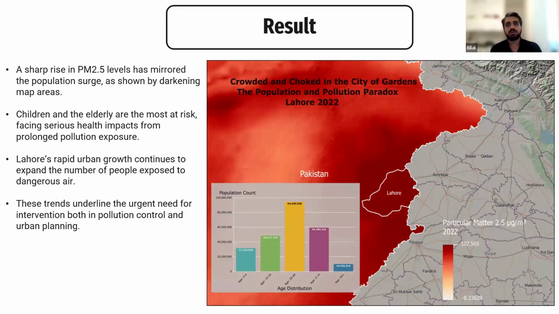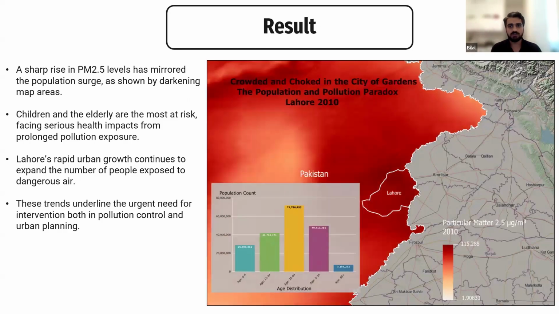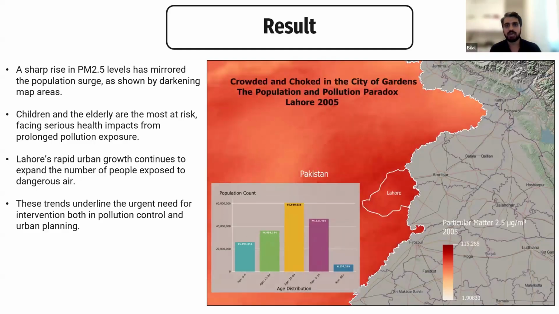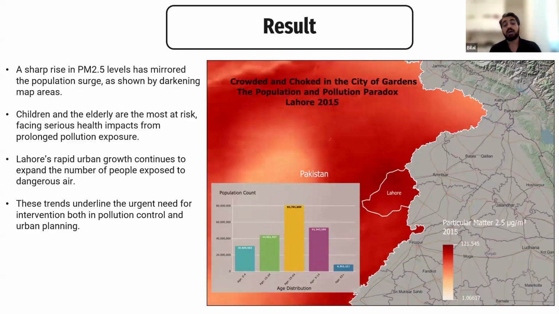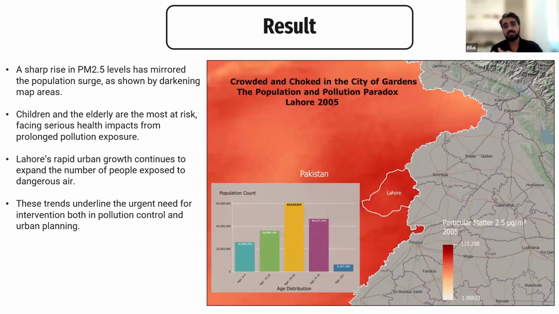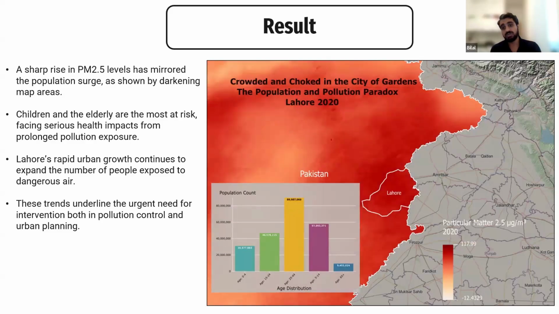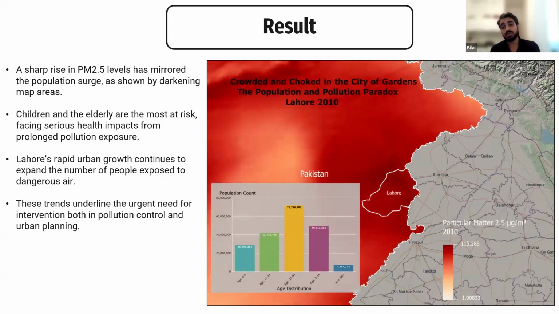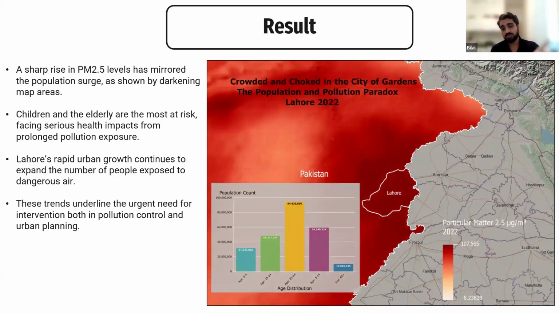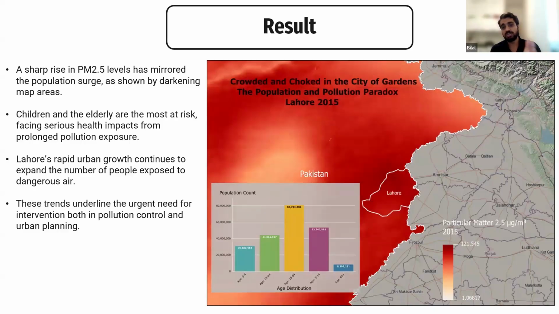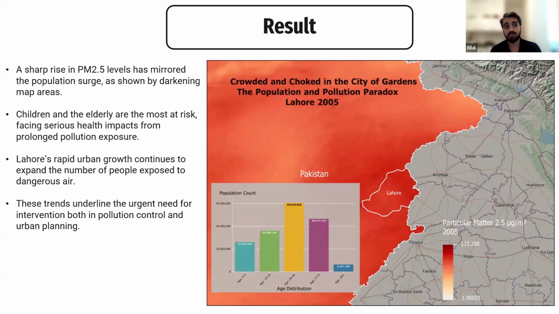So that was the end result, to see how, year by year, over a 20-year duration that I'm trying to visualize, different age groups of people in Lahore are affected by this majorly contributing pollutant in the Lahore region. Mostly it has been seen through this analysis that children and especially the age group of 25 to 64 are more exposed to this kind of pollutant.